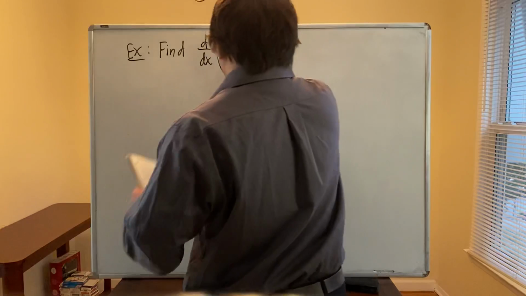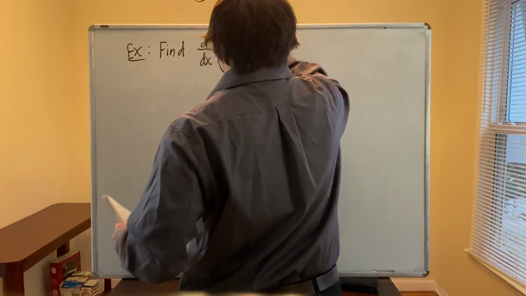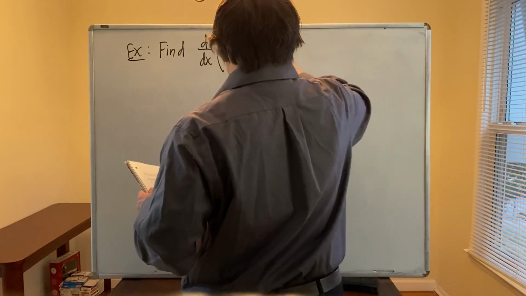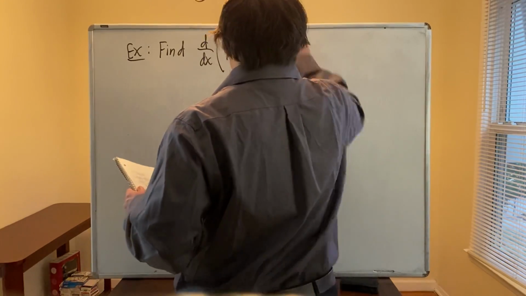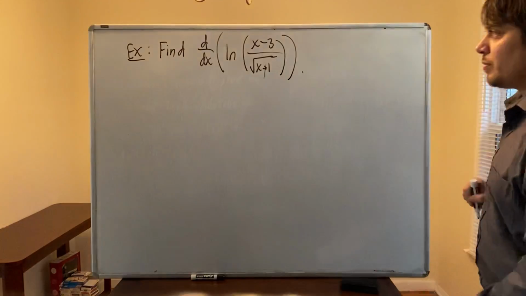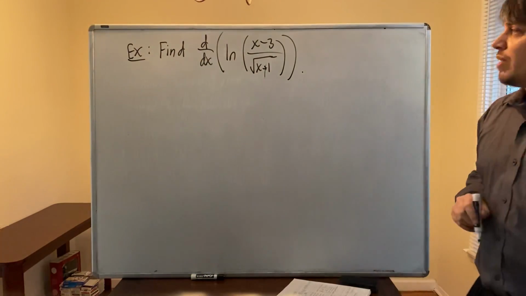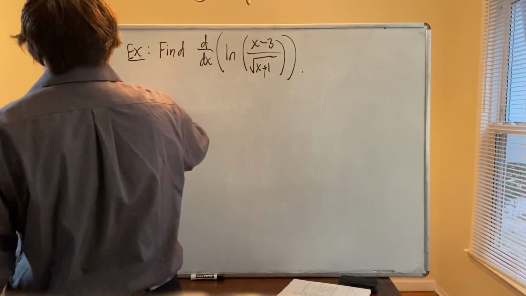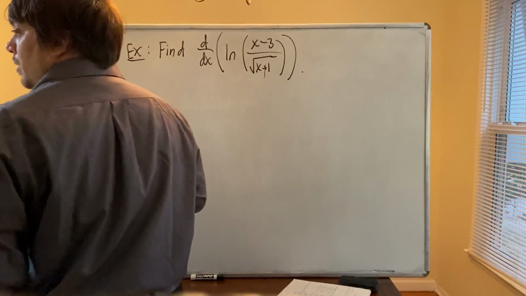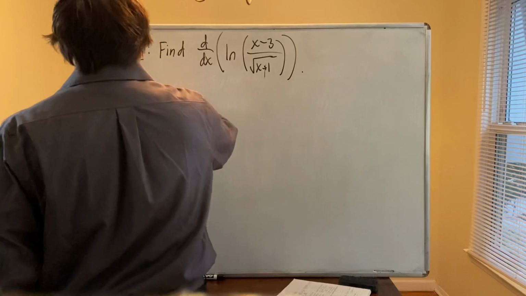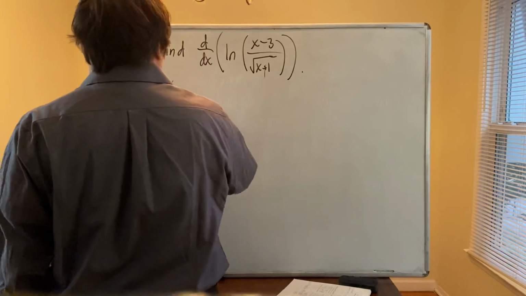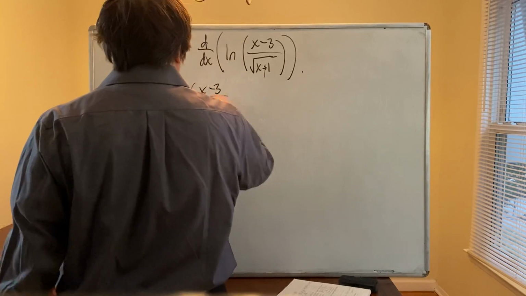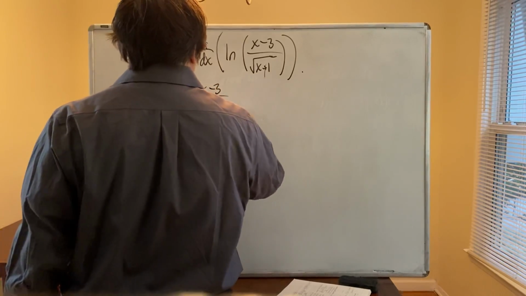Find d dx of ln of x minus 3 over the square root of x plus 1. Okay? So now we're going to find d dx of ln of that fraction. So solution. d dx of ln of x minus 3 over the square root of x plus 1